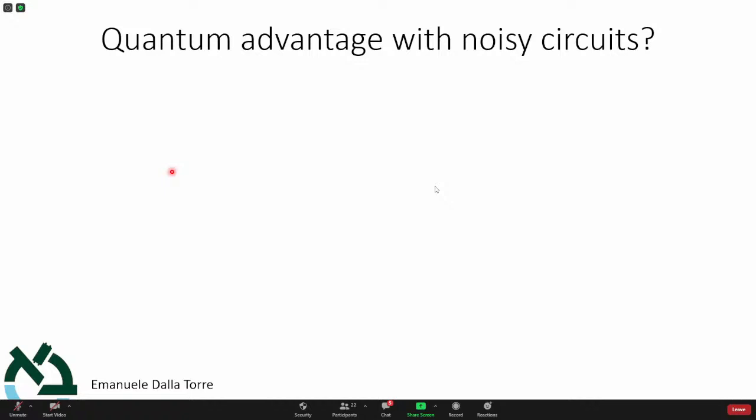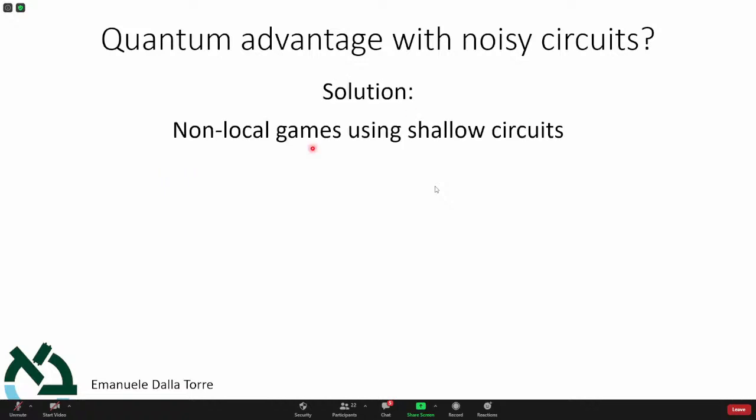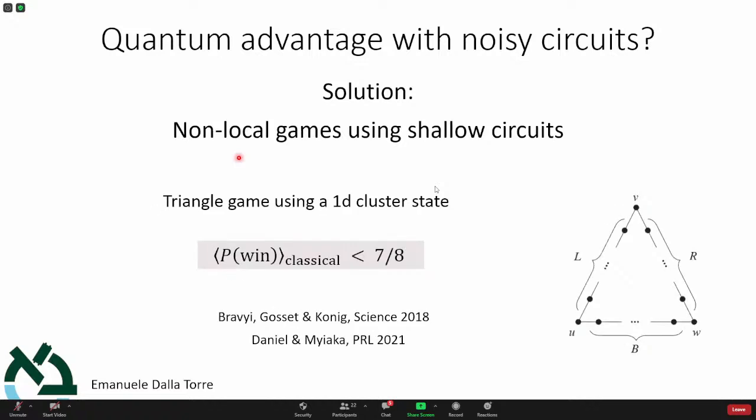Bell inequalities are relations that are agnostic of the details of the system, but tell you that if the system is classical, then there will be some property of the system. And the question is, can we extend it to many qubits? And is this resilient to noise or not? One solution is the idea of using non-local games. It's fun because it's a game, and that's why I chose this to be the first topic that I wanted to describe.